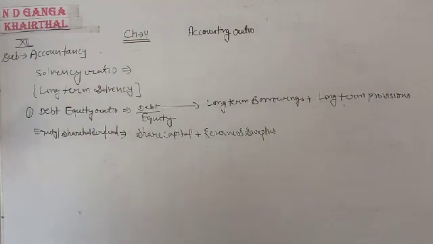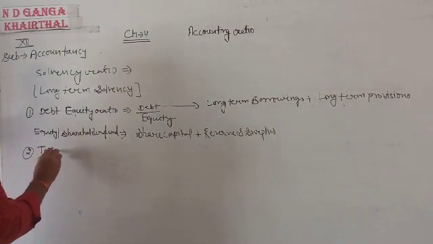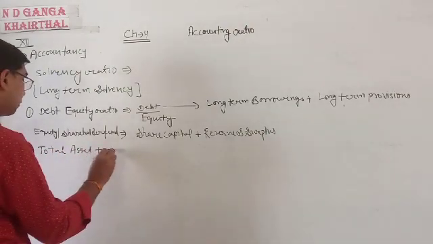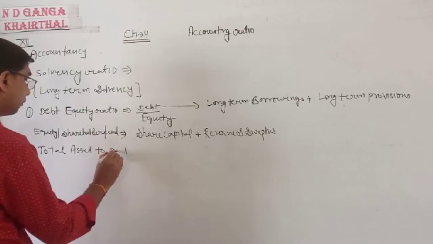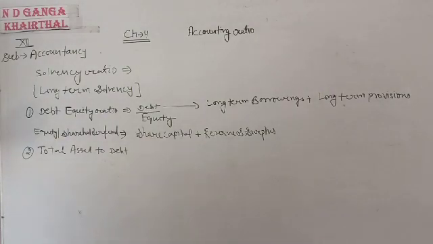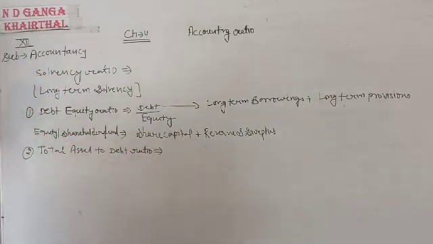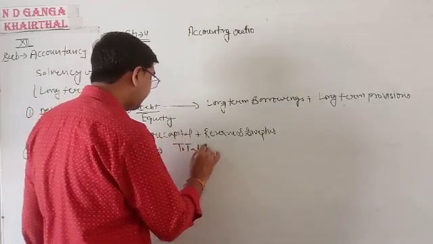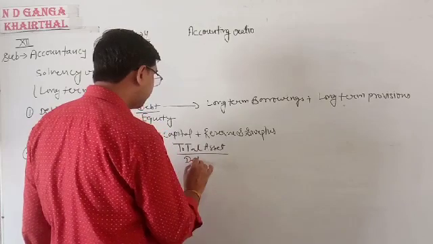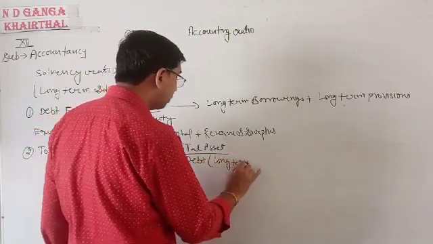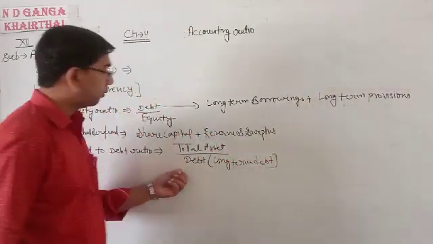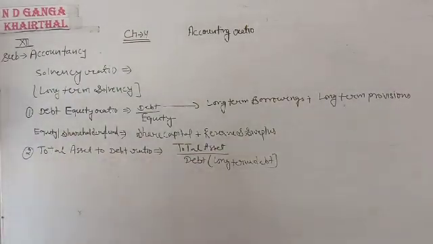Second is total assets to debt ratio. Total assets to debt ratio equals total assets upon long term debt. So total assets upon debt, in brackets long term debt. Okay, so long term debt. Clear? Third ratio is